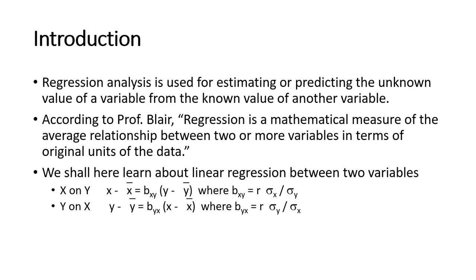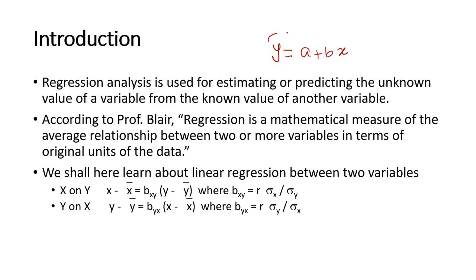Regression is a mathematical measure of the average relationship between two or more variables in terms of the original data. So that is the situation, and then we want to find out this regression. Here we concentrate, as I told, on simple linear regression. A simple linear regression is expressed between two variables, out of which one is the dependent variable and another is the independent variable. Generally a linear regression equation looks like this: y equal to a plus bx, where